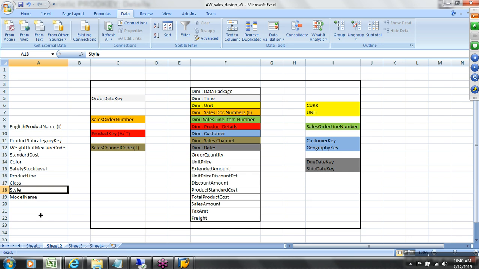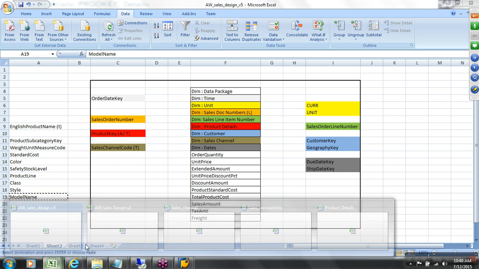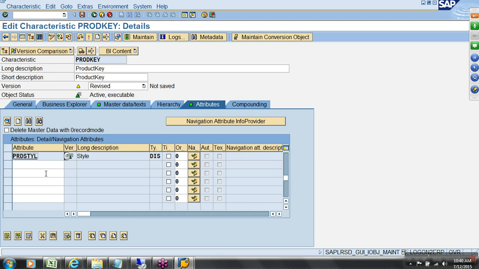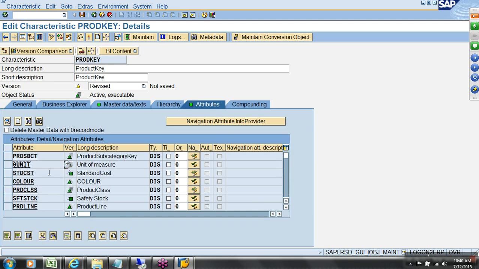Then what else? Model name. Model name, I don't think it exists. Model name, that's it. So now with all these attributes, it is going to formulate attribute table for product, and